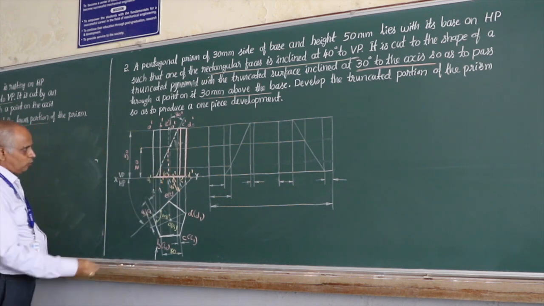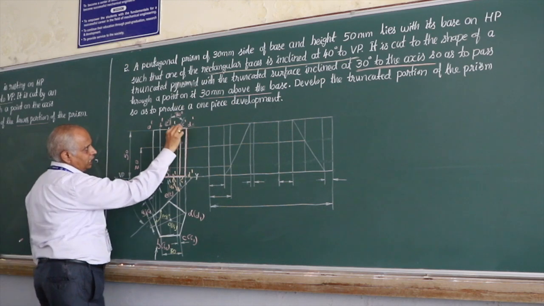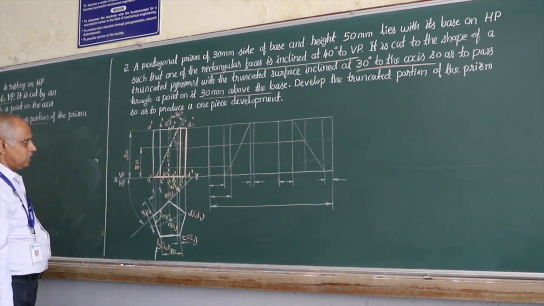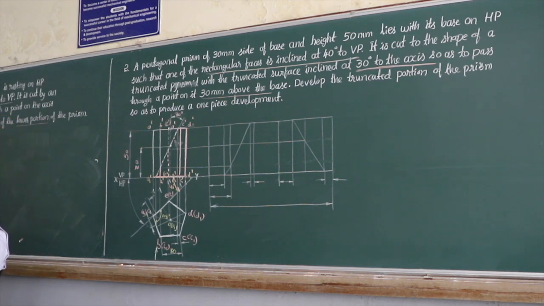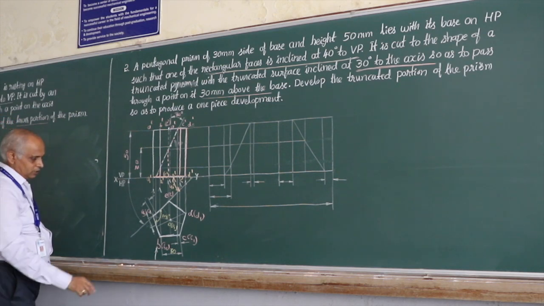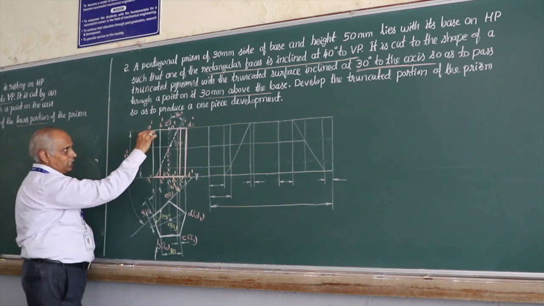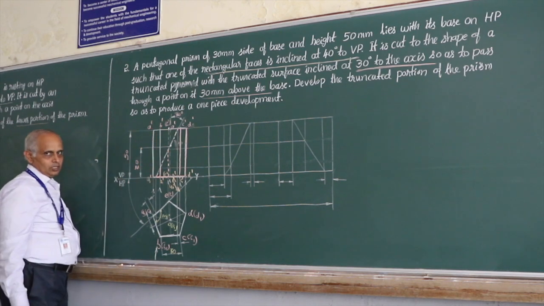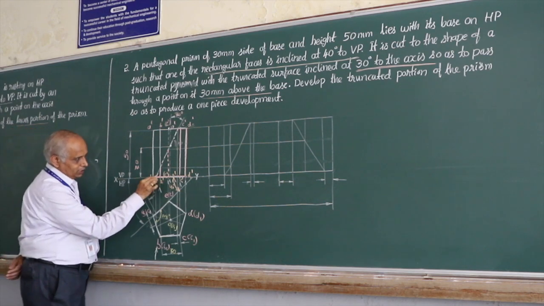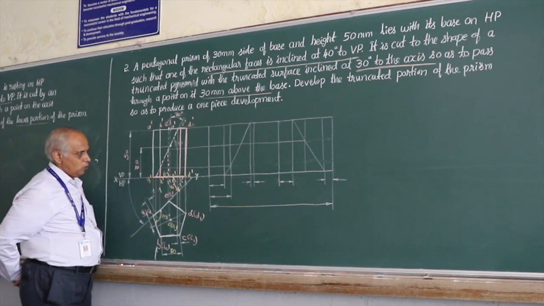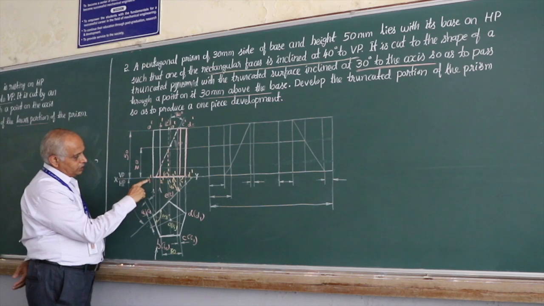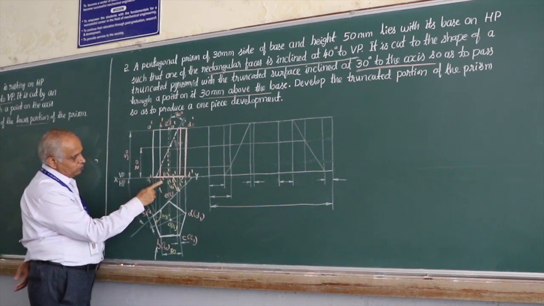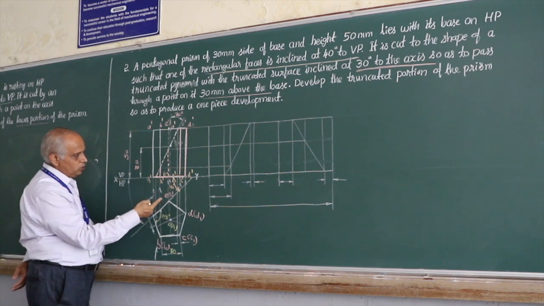So some people would even make this a continuous thick line, but remember it's a convention for the section plane. After this, the next step is to identify the section points. Remember, this vertical edge AA1 is totally removed because it is cutting the base at some point. Now at this base, there is A at the corner, A1 at the corner. A1 is connected to B1 and A1 is also connected to E1.